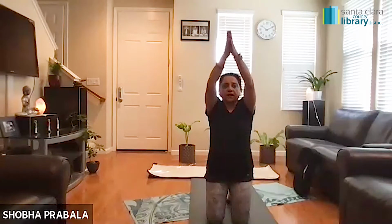And let it go. Let's rotate our shoulders and reverse the direction of the rotation of our shoulders and let it go. We will engage our arm muscles a little bit more. So we're going to take our hands, bring your hands into prayer hands and take your hands all the way